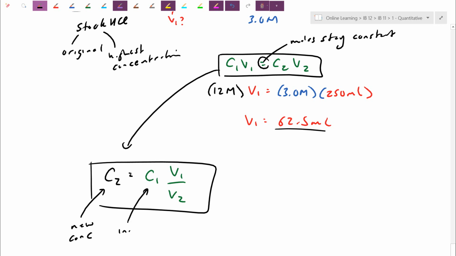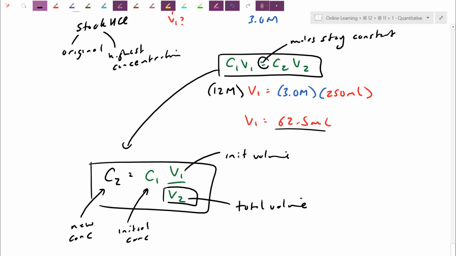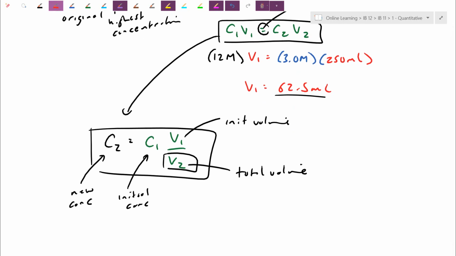This one here is the initial concentration. The V1 is going to be the initial volume. And just be careful, V2 has to be the final volume. This is the total volume. You notice in this question, it was not the amount of water I added. I only added 180, 190 or so to make it up to the mark. So in this case, just as language, I can say